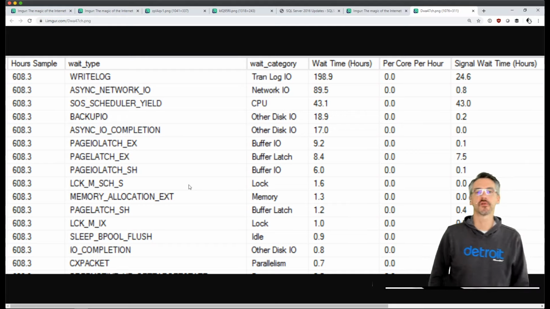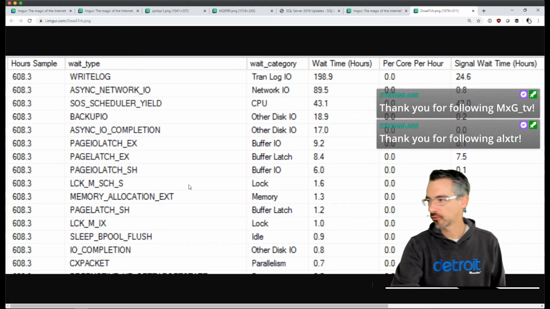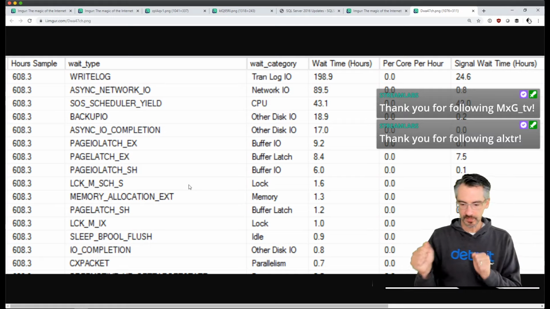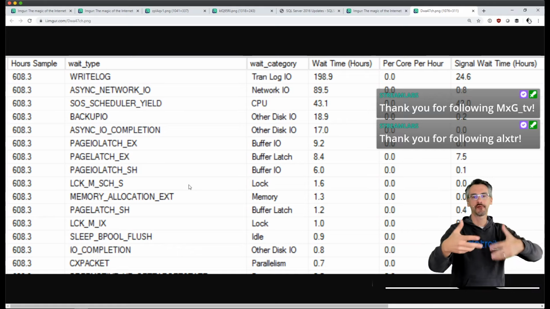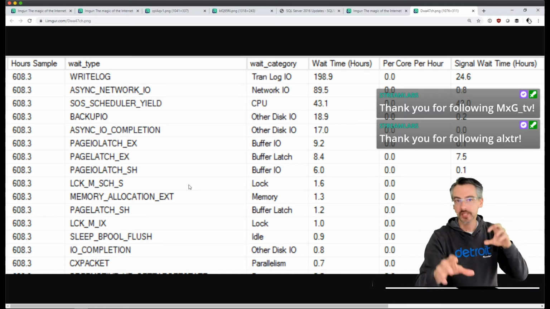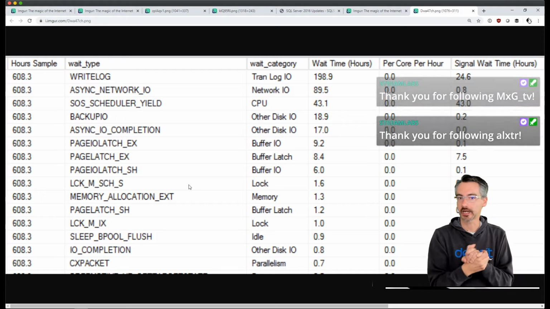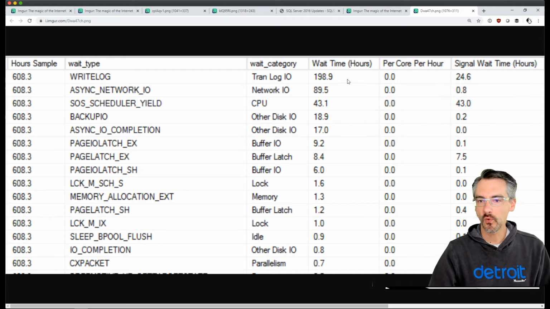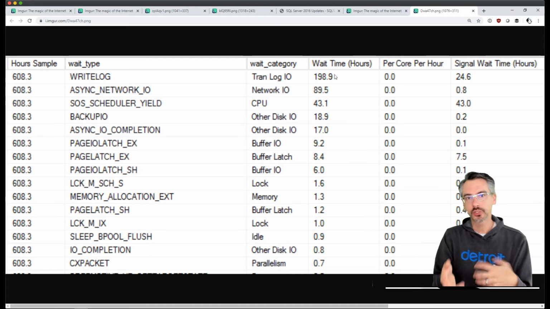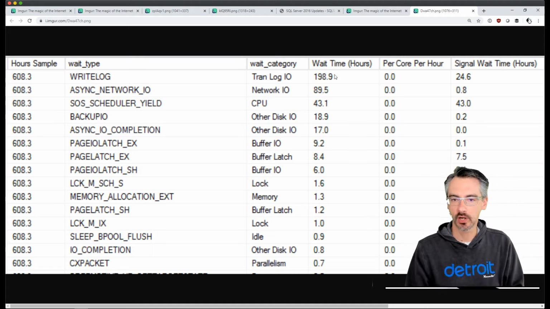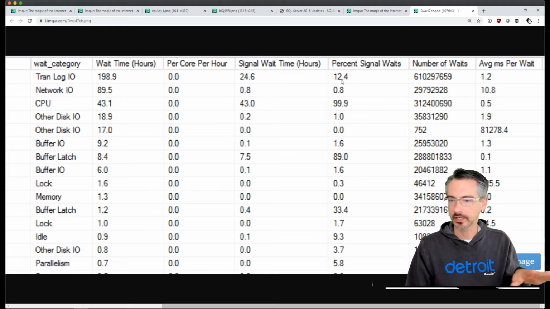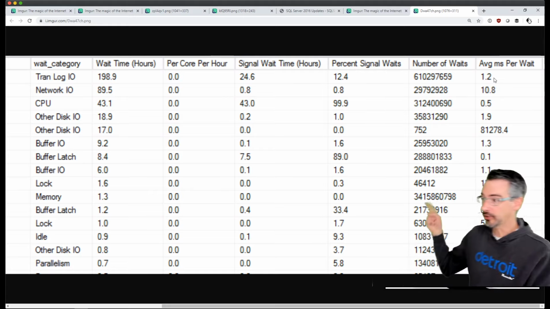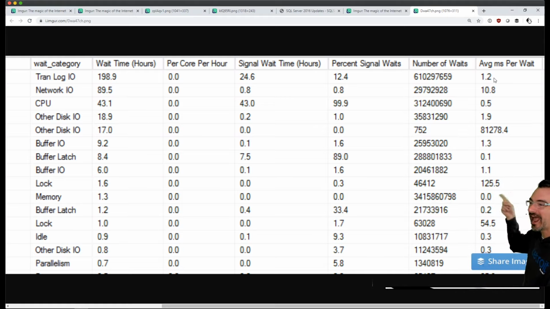Robin, I would like to high-five you first, though, for keeping the right amount of uptime. You have about 608 hours worth of uptime, which is enough that I feel confident saying the server's been up for a while, wait stats are pretty predictable, and I should be able to make some good diagnostics here. Your number one wait is just like Mike's was. You spent about 200 hours waiting to write to the transaction log, which just means inserts, updates, and deletes, and nothing else. You can theoretically have selects that do writes, like select into a table. That's fairly unusual. Your storage, though, is what Mike wishes he had.